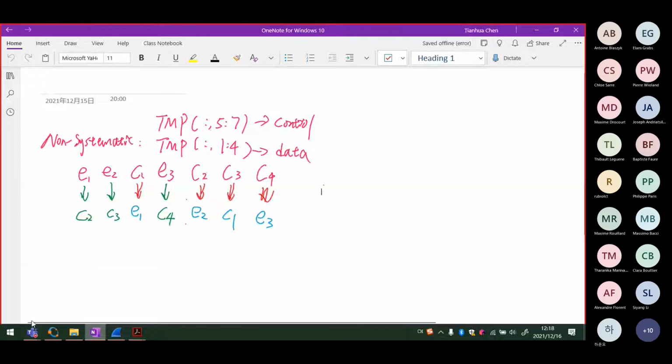Keep it correct. We already rearranged the position, and let's write again. And yes, it seems a little bit